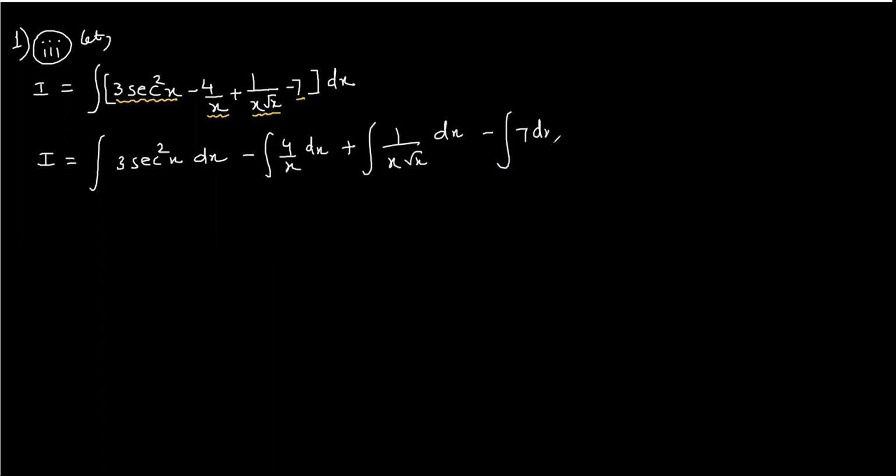So the next step I write is, see here, 3 sec square x, this 3 will go out. So I have 3 out, and I will get here integration of sec square x dx minus 4 is out. I get integration of 1 upon x dx plus, see, this particular function,